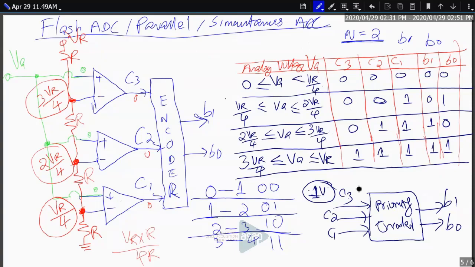Because if you are thinking about an 8-bit converter situation, we require 2 raised to 8 minus 1, that means 255 comparators. The comparator output directly cannot be treated as the binary output. That may be the question, I think. It has to be then a system with 255 inputs and say 8 outputs.